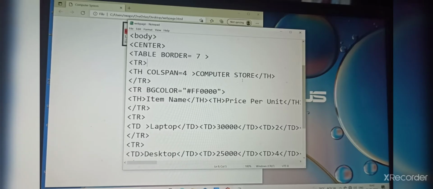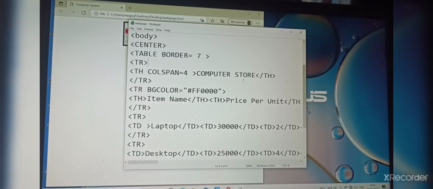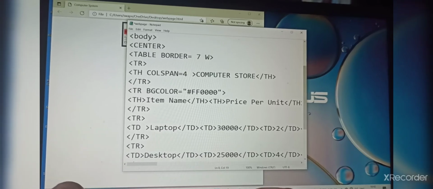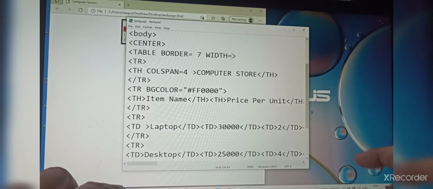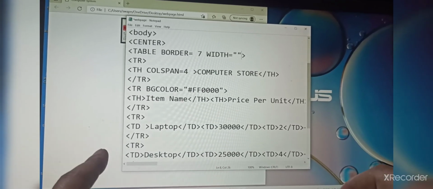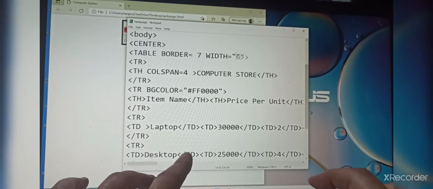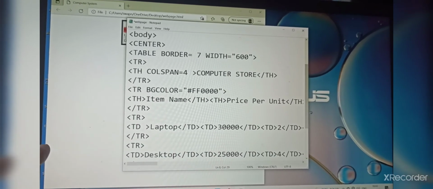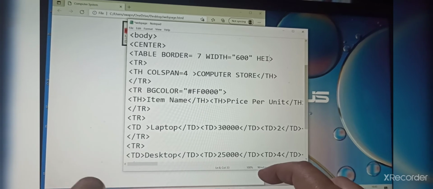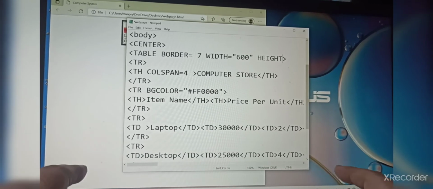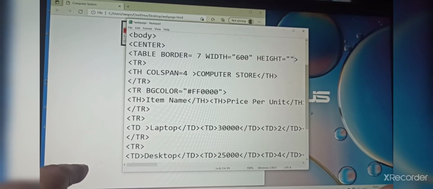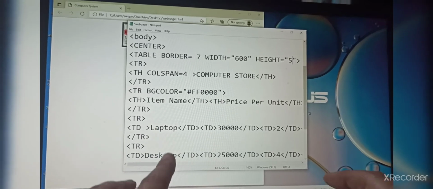Now we are going to see adjusting table size. For that, which attribute do we have to write? We have to write the width attribute. Suppose we give a width of 600 here, and for the height, suppose we give 500.